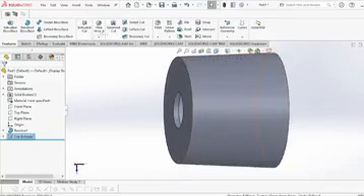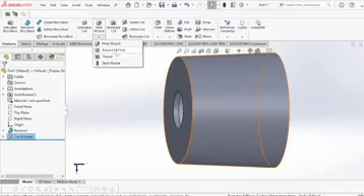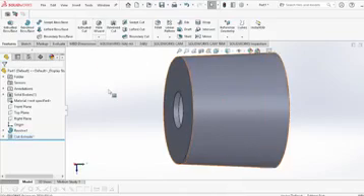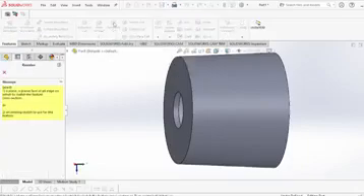Then there is the hole wizard. There are a lot of things as we use hole wizard: advanced hole, thread, stud wizard, and so on. And now revolve cut, in case we have a